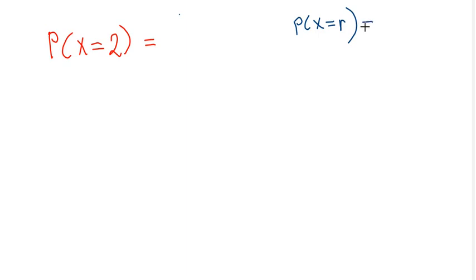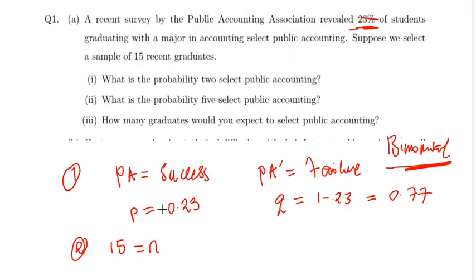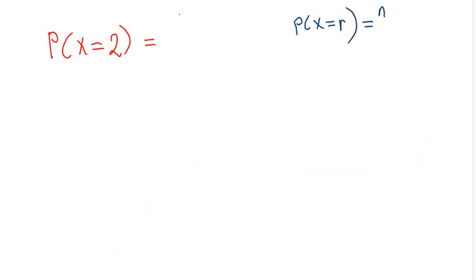So R successes is equal to the number of ways of getting these successes in the number of trials that we have. So we have 15 trials, and the way of choosing our successes from 15 trials. I'll just write a general formula, so I'll just say n for trials, which is this n here. This is just a general formula I'm writing here. So n, number of trials, the number of ways of having r successes in the number of trials is just